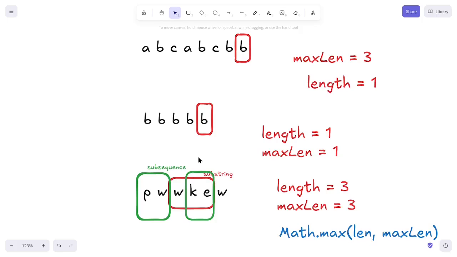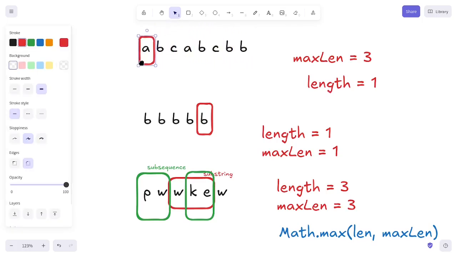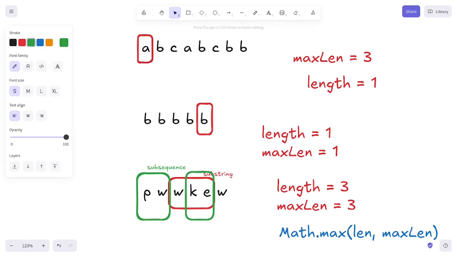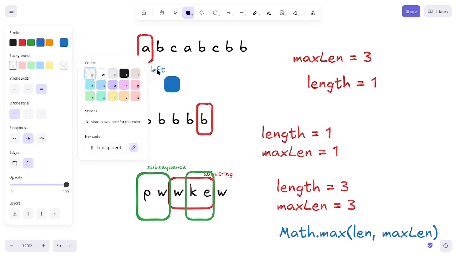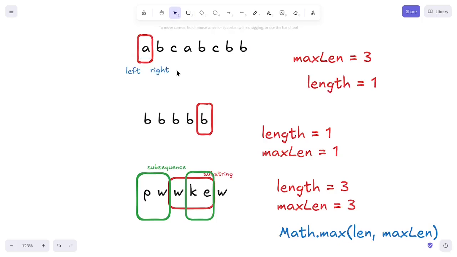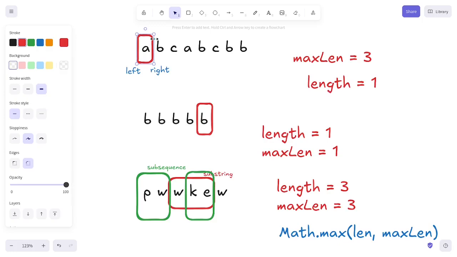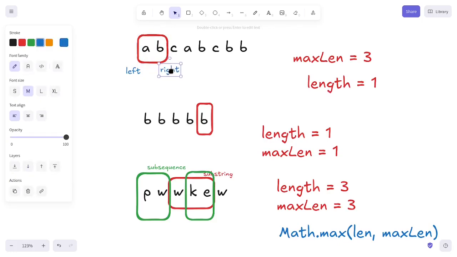So let's go back to our implementation, but before that, let me point something out about the highlighter right here. How do we define the highlighter, and how do we move the highlighter as we iterate the string parameter? It is fairly easy. Just declare a left pointer and a right pointer. As we move the highlighter right here, of course we are counting the right